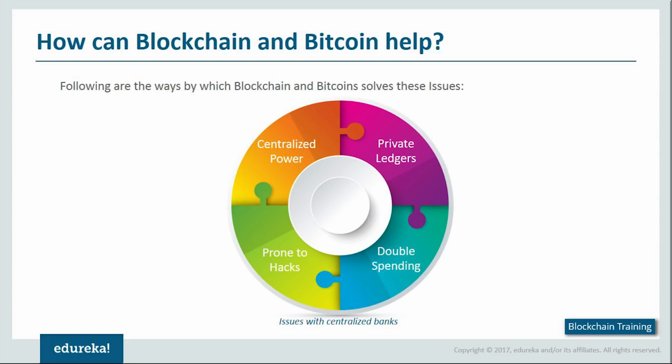Then comes the issue of double spending. As we have discussed earlier, double spending is an issue with the digital system where, by using fake digital certificates, you can initiate transactions when you don't have sufficient balance. So let's say I'm sending every one of you $500, but at the same time I have only $200 in my bank. By creating fake certificates, I can ensure that all of you get this money, and that exactly is the challenge of double spending as well.